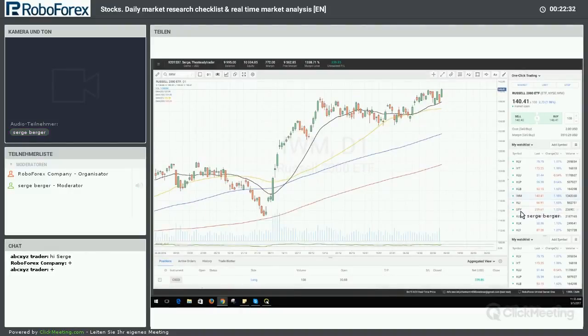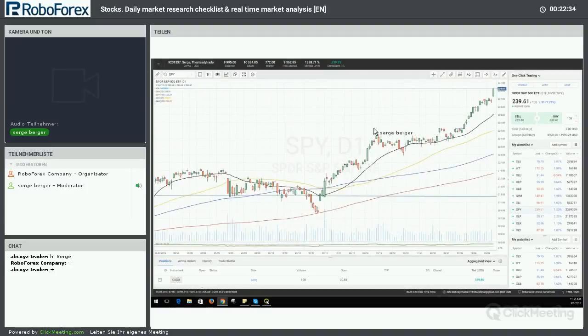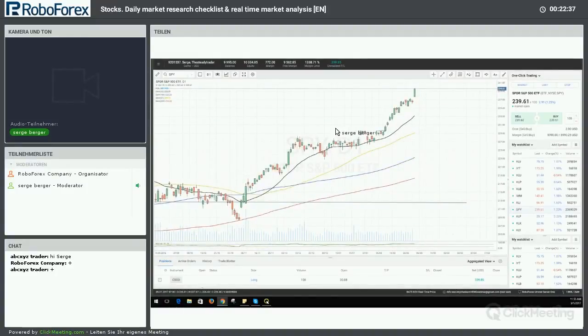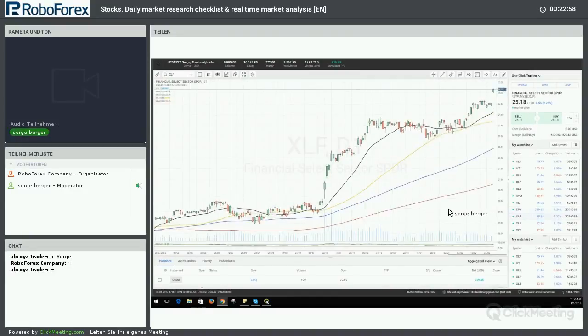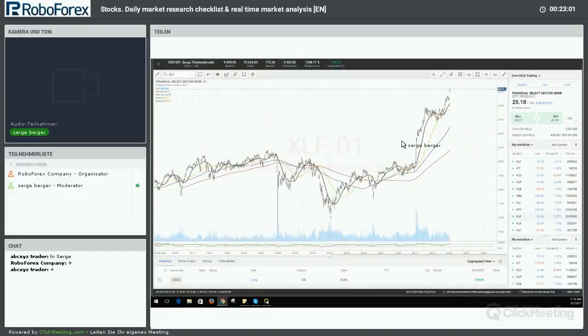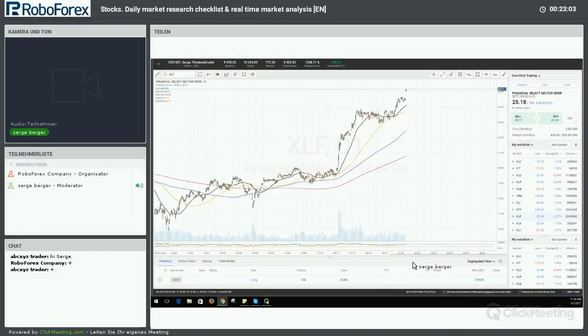If we look at the S&P 500, the picture is a little bit more vertical, and that's why I actually think the S&P 500 here doesn't offer as good reward to risk. But most importantly to me, and this is something I feel like I should make more clear, because I don't think I've made this clear enough over time throughout this webinar series, most importantly from a sector perspective is looking at the financial stocks, and that's the XLF ETF. Okay, so if we look at the XLF ETF, and by the way, I will quickly make this a little bit larger.